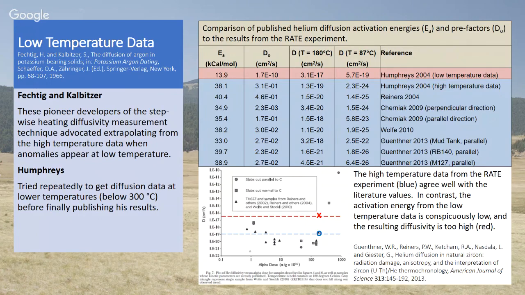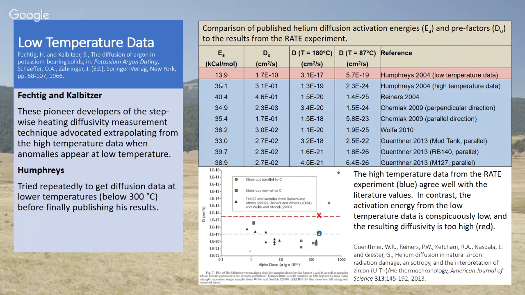So just to reinforce this point, Guenthner and the researchers considered why there's some variation here in the diffusivity. And what you can see is that the diffusivity follows a trend based upon the alpha dose, basically how much damage has accumulated in the crystal. And they are calculating this for a temperature of 180 degrees C. And you can see that over a pretty wide range of damages, the diffusivity is fairly flat.